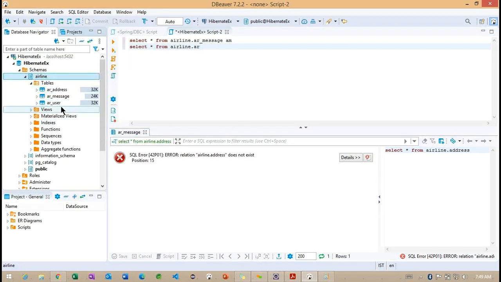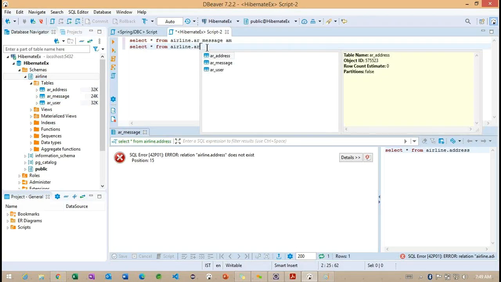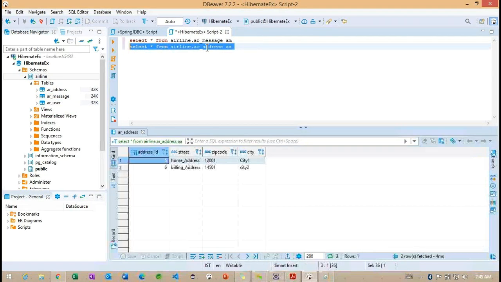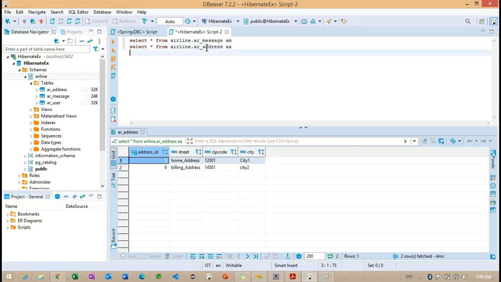Let me reset this particular schema. So now you can see all the information we are having. AR underscore address, AR underscore user. So these two tables we did not create anything. And we need to check with the address here. Observe here 516. Address ID we are getting 516, home address and billing address.